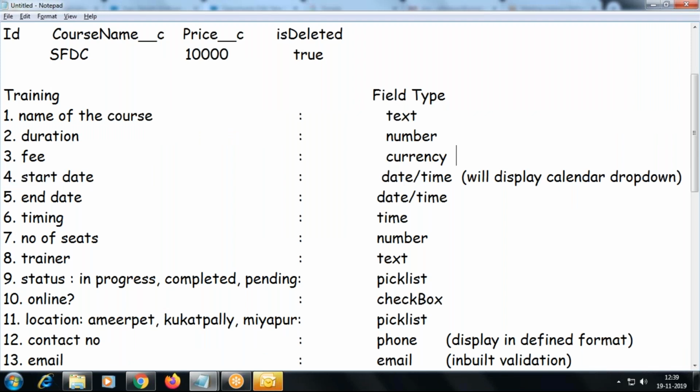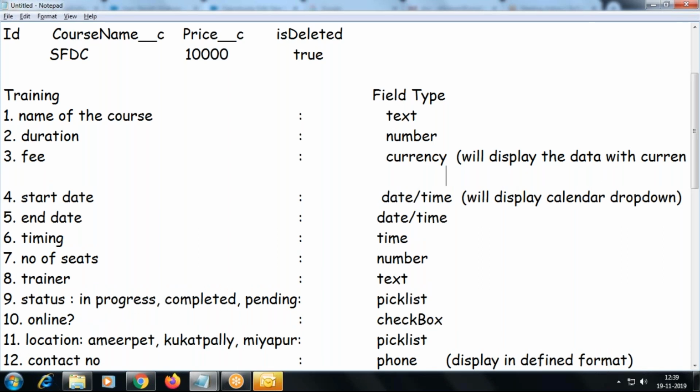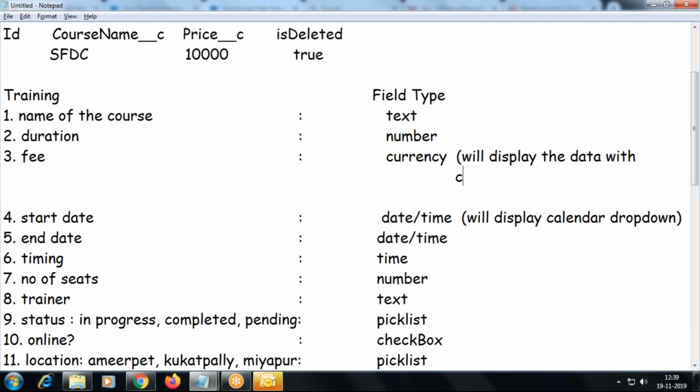And what about currency? It will display with the currency symbol. Am I right? Yes, those are the character properties of the currency type.